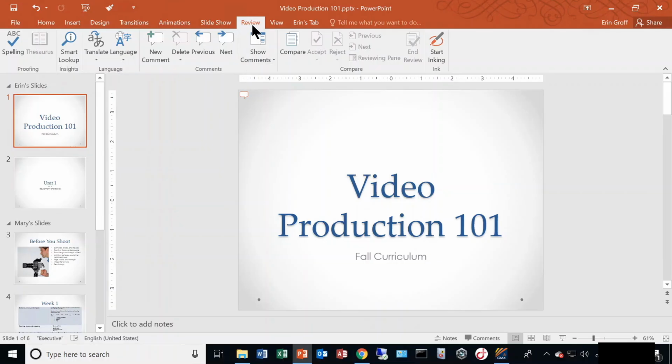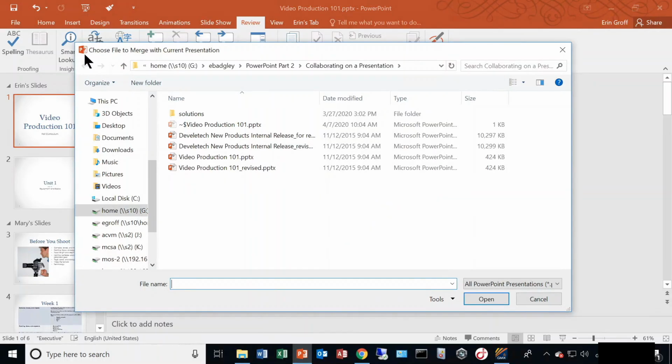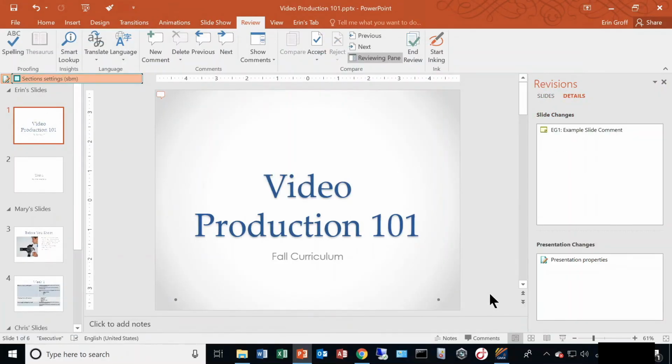To do this, I want to go up to the Review tab on my ribbon, and in my Compare command group, here I have a Compare command. I'm going to select this, and this is going to open the Choose File to Merge with Current Presentation dialog box. And I want to navigate to where my revised presentation file is located. So here in my Collaborating on a Presentation folder, I have Video Production 101, the revised copy. So I'm going to select that and click on my Merge button, and it's going to merge both of these